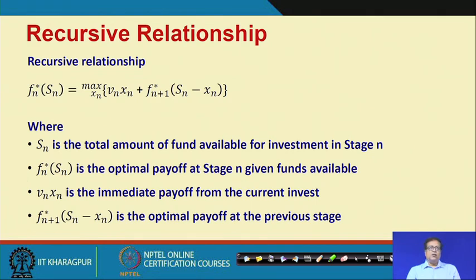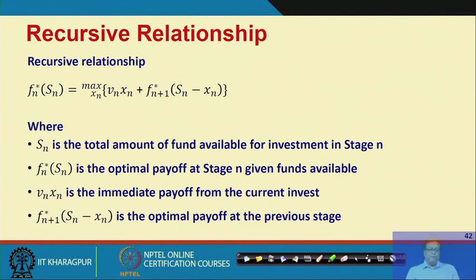What exactly we have done in this particular lecture is, for an investment problem we have identified the states, the stages, the decisions, and the recursive relationship which includes those states and combines them from one stage to the other. In the next lecture we shall see how we can make use of this recursive relationship and really solve the problem with fewer iterations than a brute search or an exhaustive search.